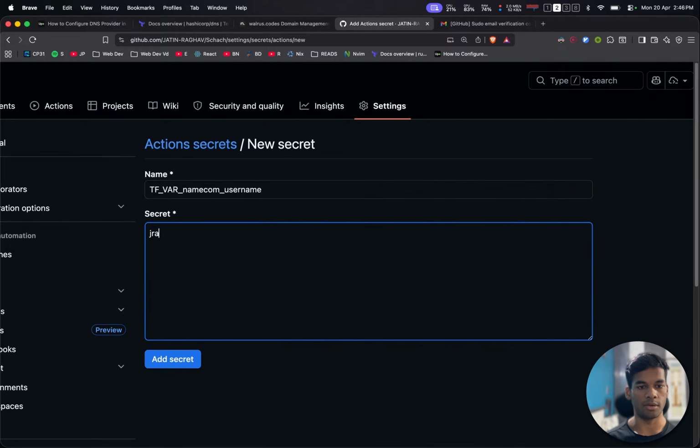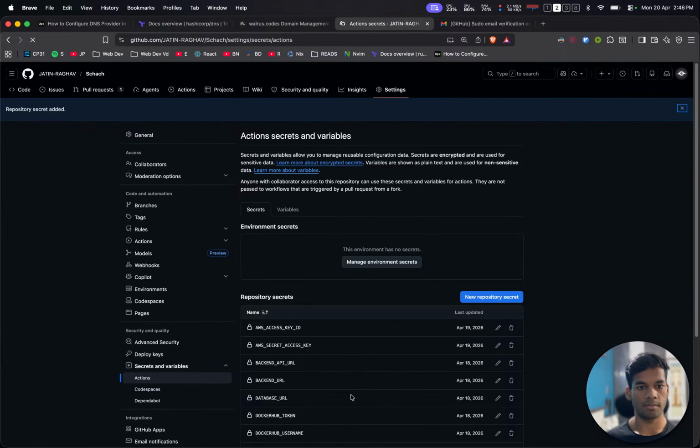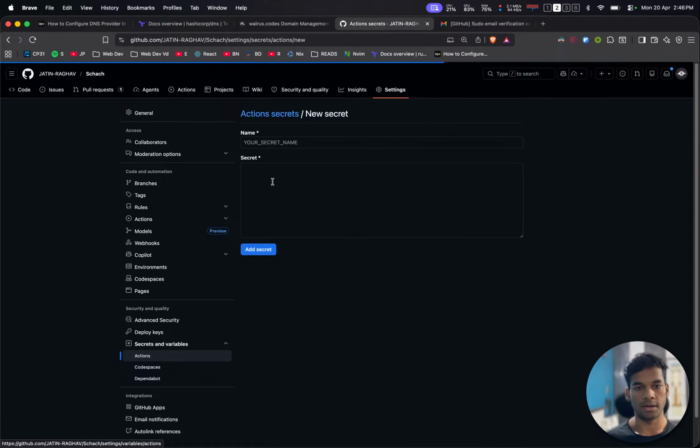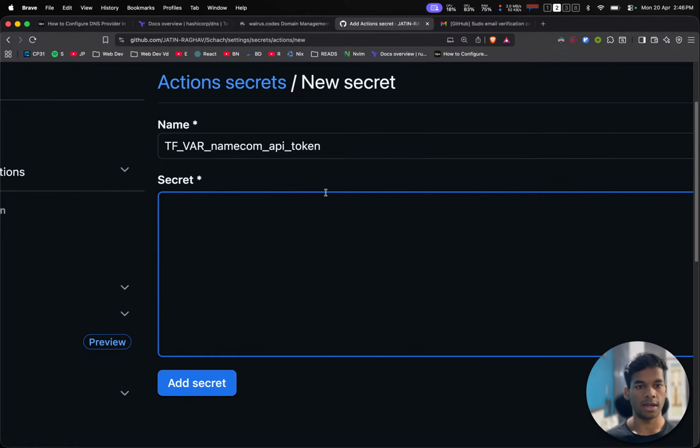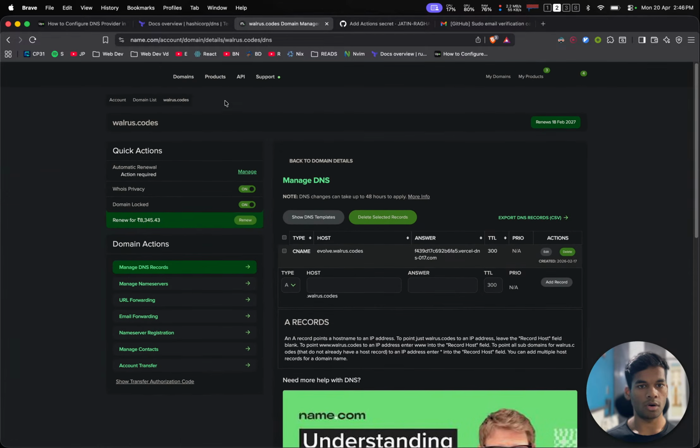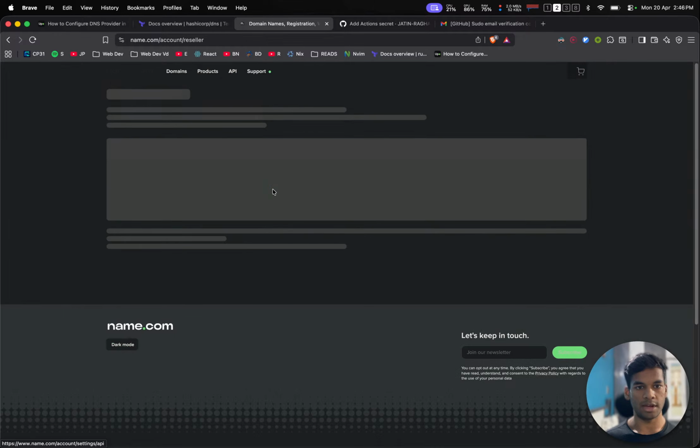username, and the username is jrag137@gmail.com. Add secret, and the crucial one, TF_VAR_namecom_api_token, and here I have to paste the token, for which we have to go to the name.com API dashboard